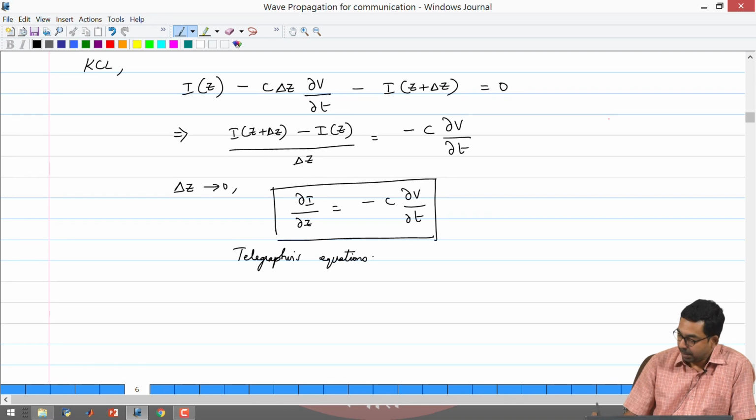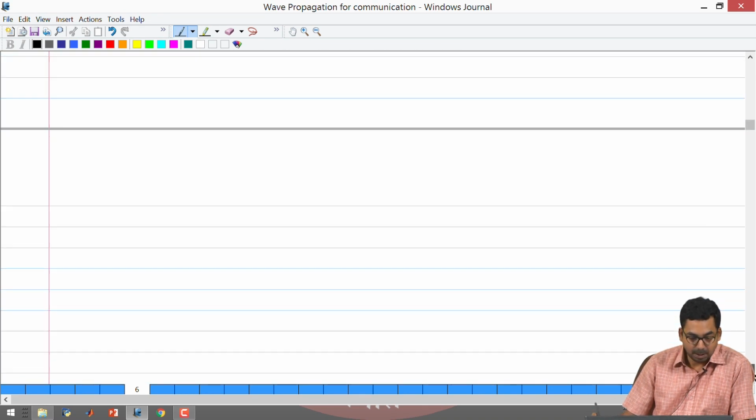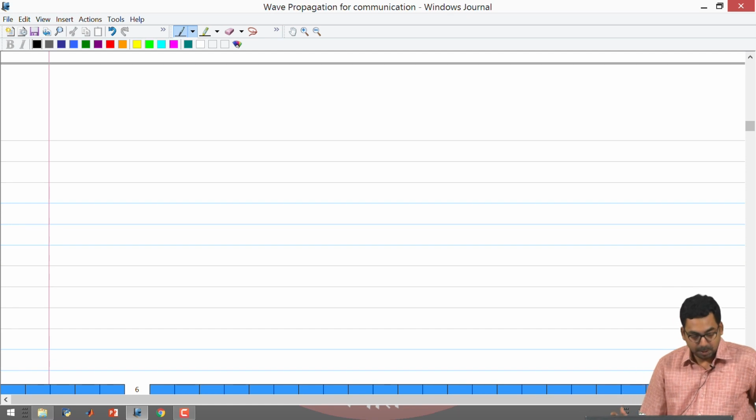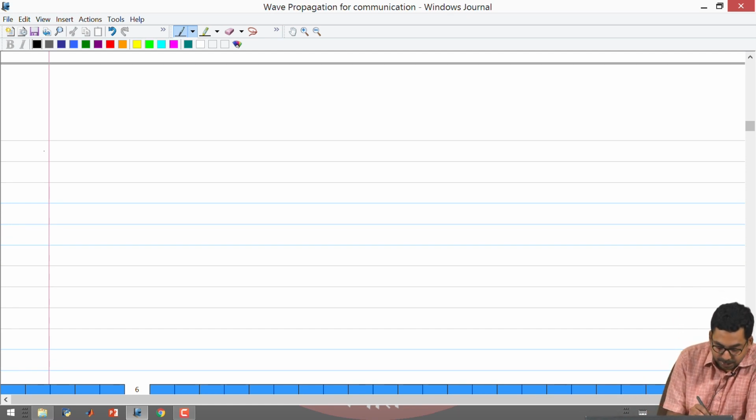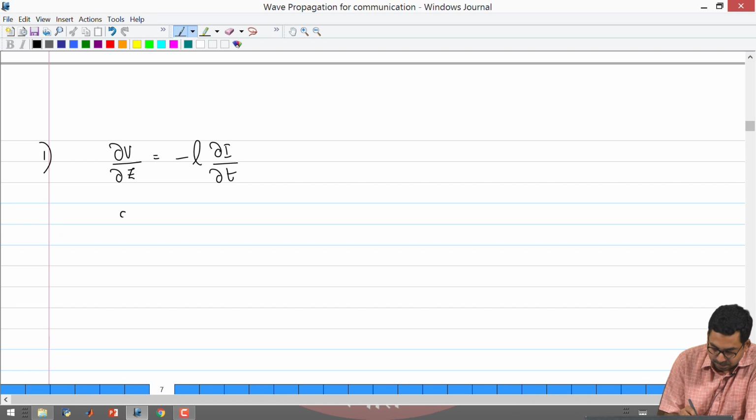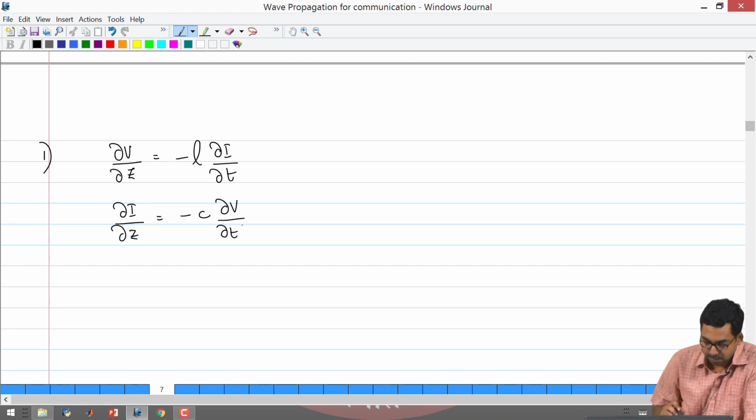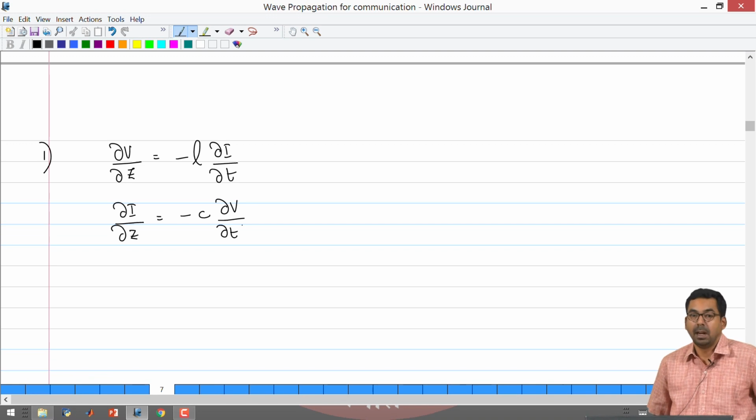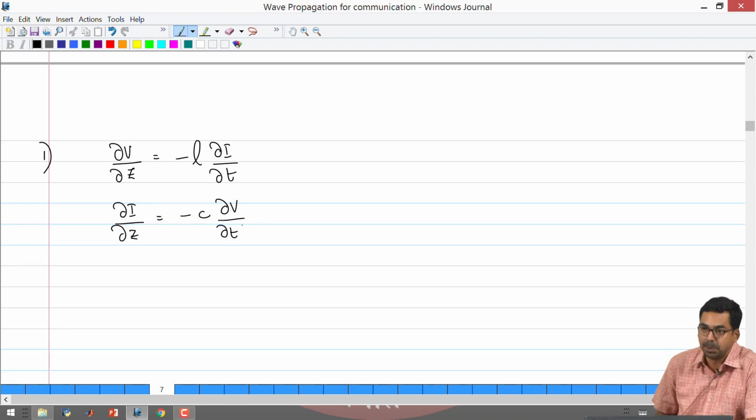Okay. And we start today's content. So, let me write down the telegrapher's equations just for the sake of completeness. Okay. These were the two equations that we had got at the end of application of KCL and KVL to one section of the transmission line, which was lossless. Okay. Now, we will take this first equation